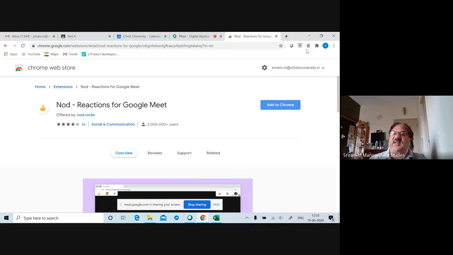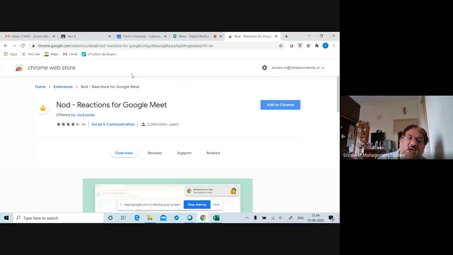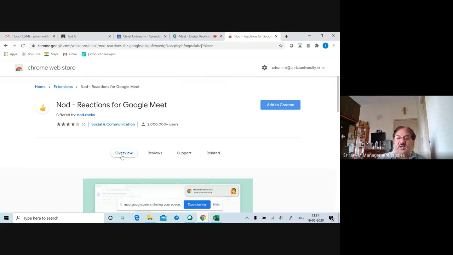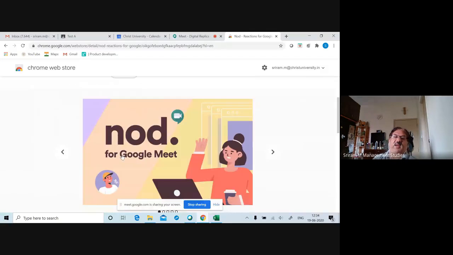Now, I've added the Apple one, but here it is disabled because it will only open in Meet. So these are all extensions which you can use. You can just explore this. There are so many extensions, but Nod works only when the students install it too. Only when students install Nod, you can find someone raising their hand. This raise-hand icon will be there so that the students will be able to see it.